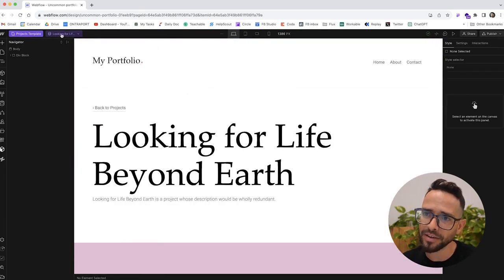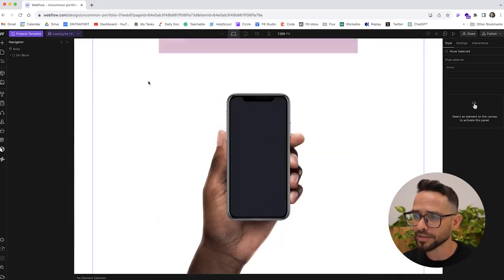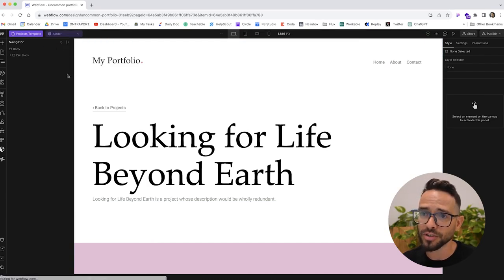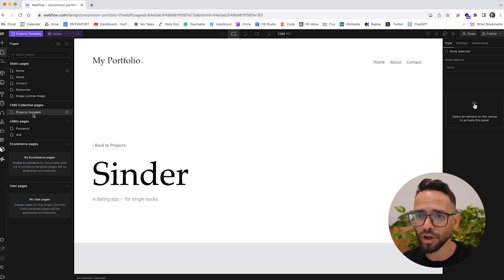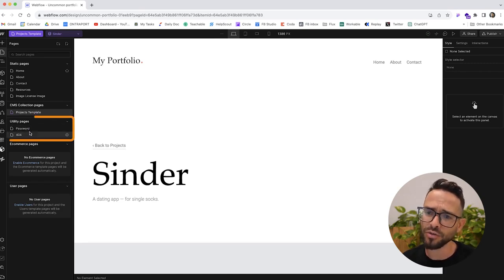We can see that the data we're looking at right now is being pulled from this item in the CMS, looking at live. This is the first project, and we're seeing it here, but we can also change this to see how other projects are going to look. So again, we're just designing this one template page, and Webflow automatically is going to create a different page for each one of the projects that we have in our CMS. So this is the project template, and you can see it's under CMS and it's purple, so you know it's dynamic. Then we have these utility pages, password if we're going to lock something, which we're not going to use,